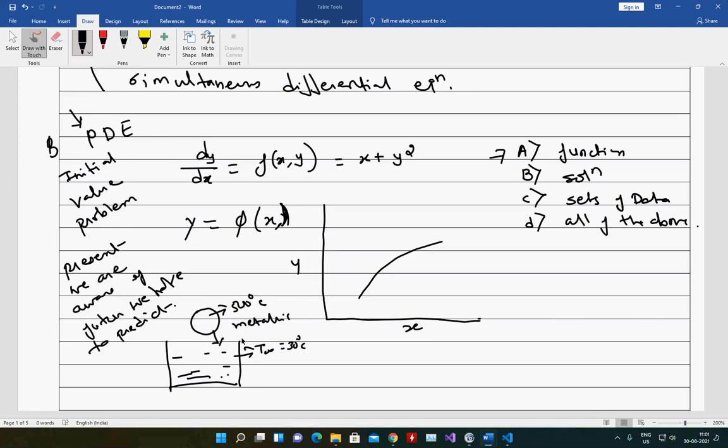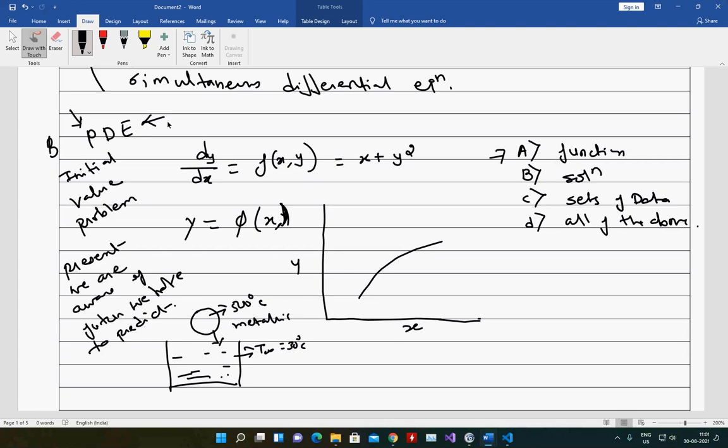Such kinds of problems I could call initial value problems, and these basically belong to ordinary differential equations. There are cases we call boundary value problems, which we could depict with exact differential as well as partial differential equations.